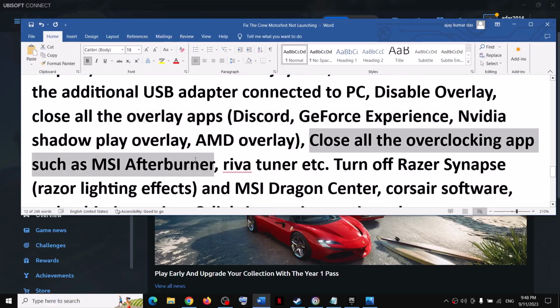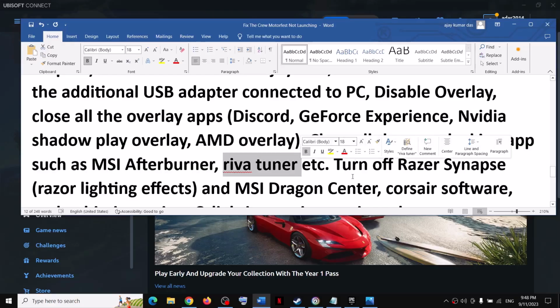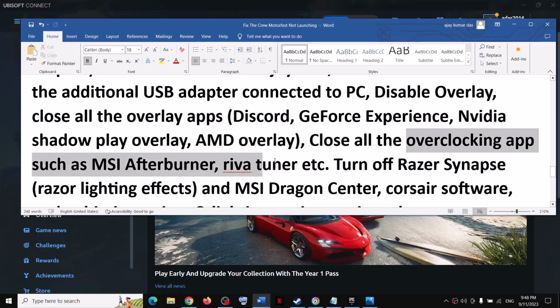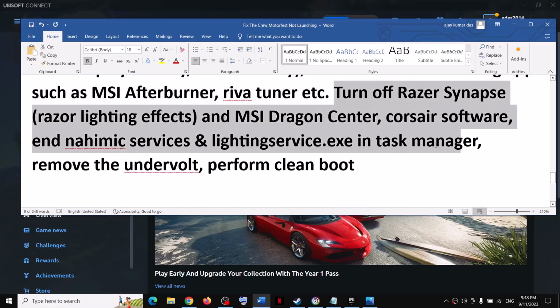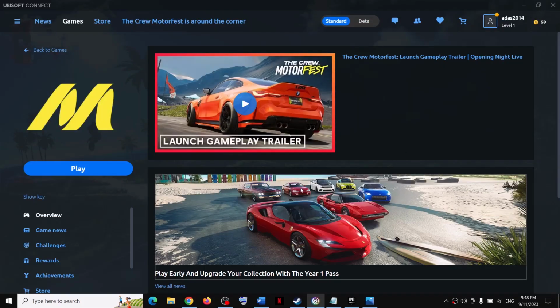So if you have MSI Afterburner running or RiverTuner running or any other overlay application, overclocking application, just close all the overclocking application. Do not overclock and then launch the game. Also if you have these software or services running, close these software and services. So make sure only the Ubisoft Connect and the game is running, or only the Epic Games Launcher and the